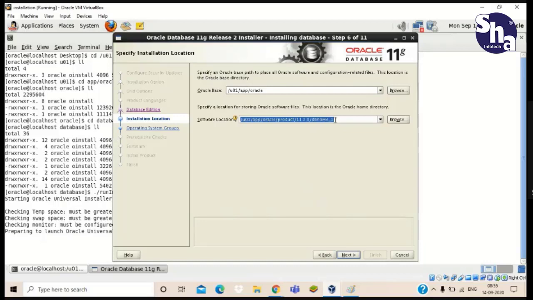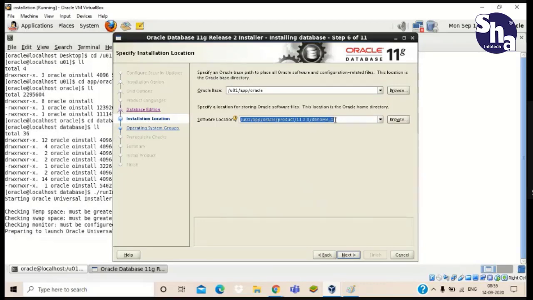Suppose you have kept Oracle zip files in drive C, drive D, drive F. If you unzip them here and there, you will get confused. That is an unorganized way. For an organized way, we create one directory where we keep all the zip files or Oracle software files. That's why we have created Oracle base.